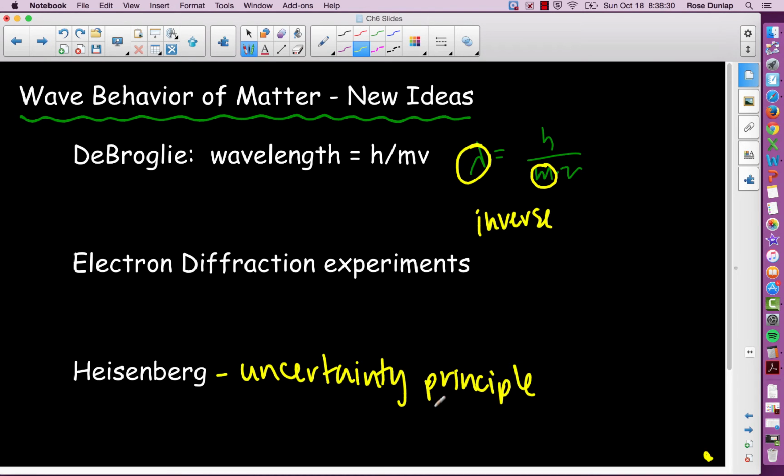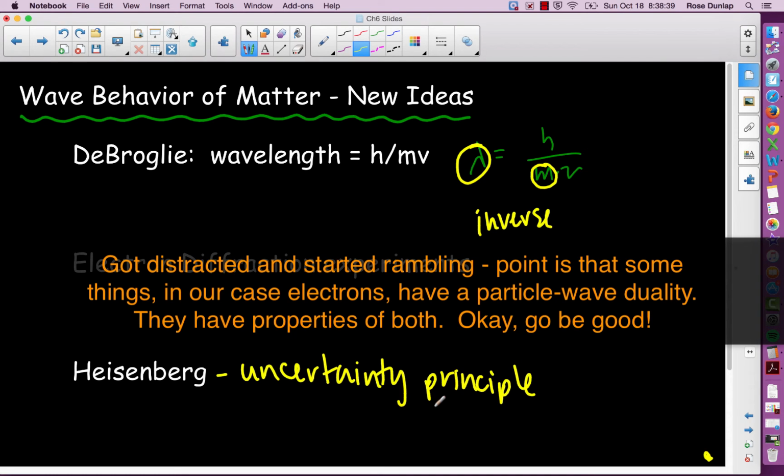So it's just the idea that we can know one piece of information, but we can't know all of it, which is then going to bring us to the concept of orbitals, wherein we can kind of know where an electron might be, but we don't know how it's moving. So anyway, this is